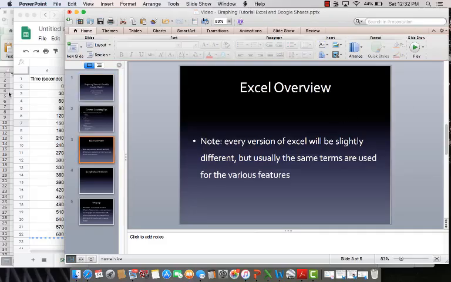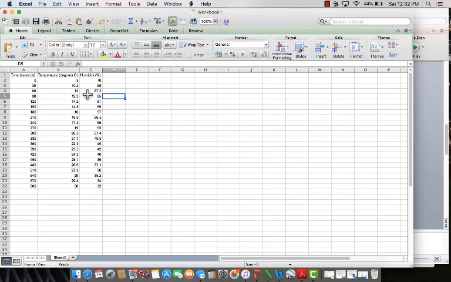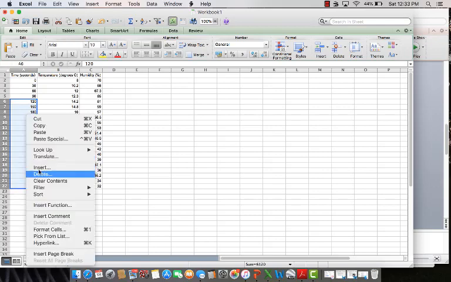So if I show you an example here, I've got Excel for Mac here showed up. I'm going to show you the example